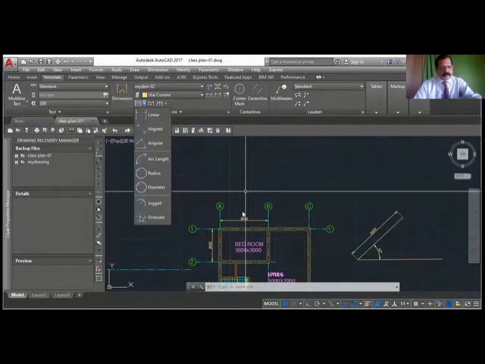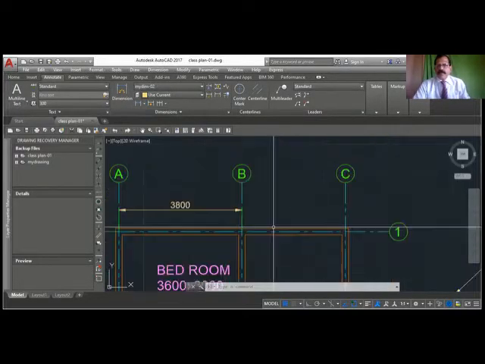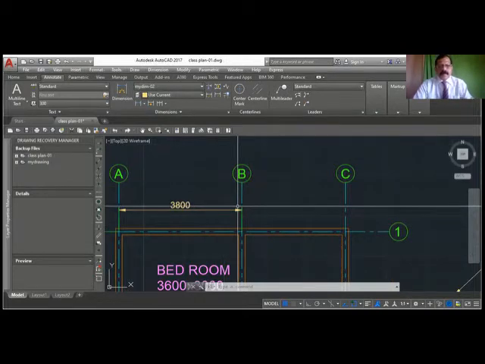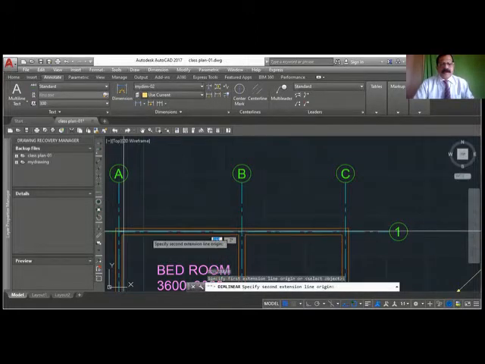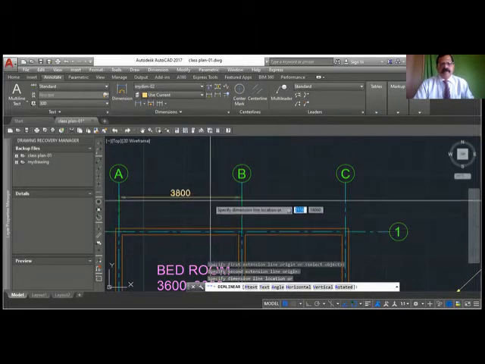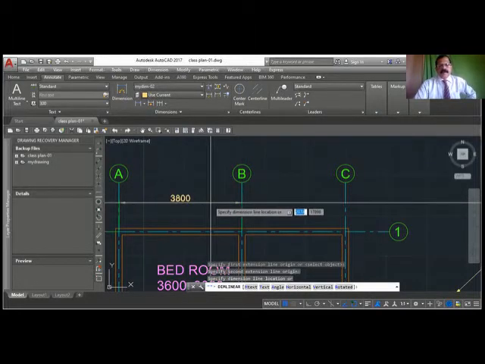And suppose I want to do dim linear, dimlin, enter. First point, second point. Before showing the location, it is showing 3800 as the distance between these two. And suppose you have made a small mistake and there is no time for correction.